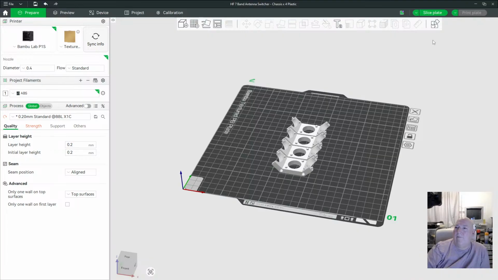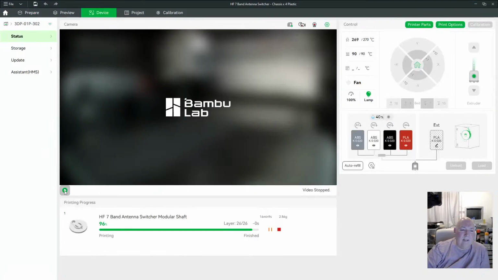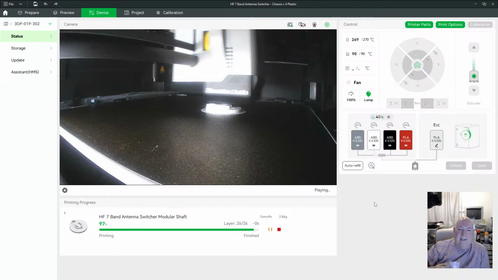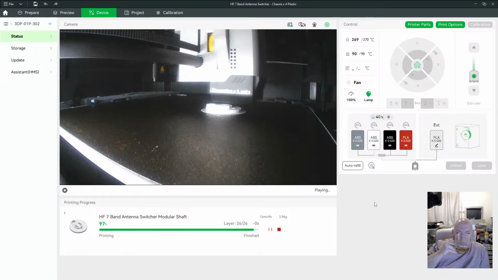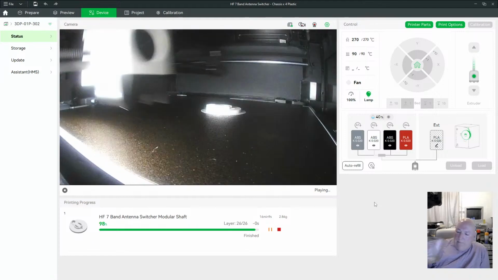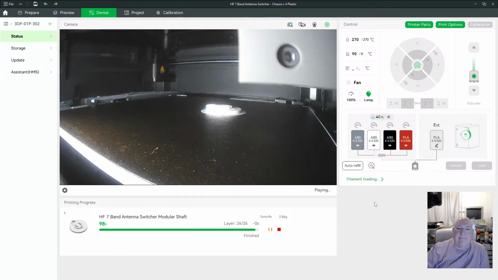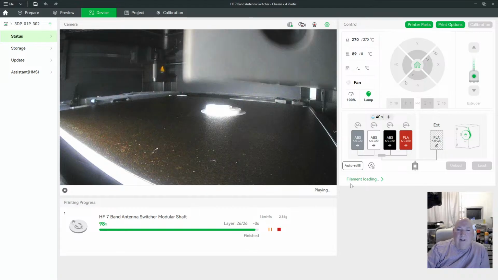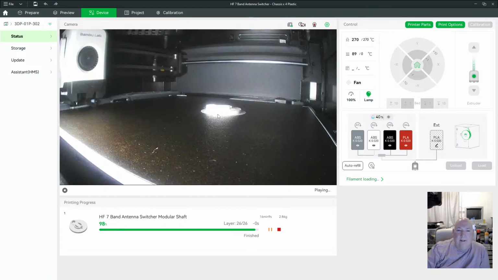Right, we'll leave that for a minute. This thing will probably be ready now. I'll have to do that when I'm awake. Yeah, this is nearly finished. I'll get it ready. Right, so we're finished. I'll let that cool down for a minute or two.